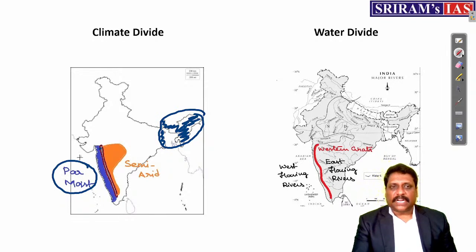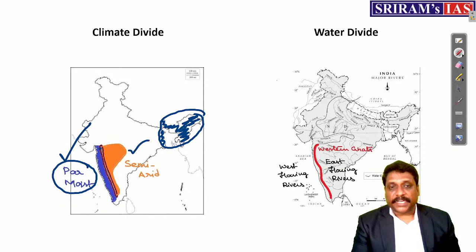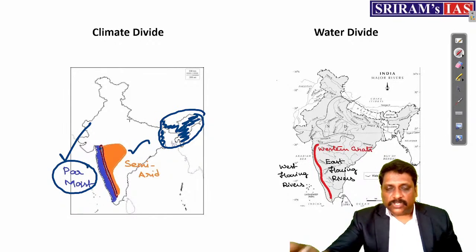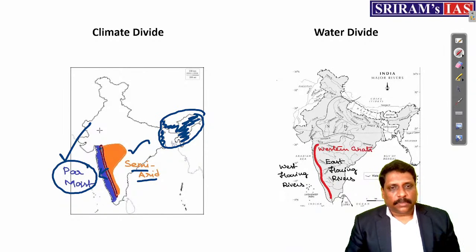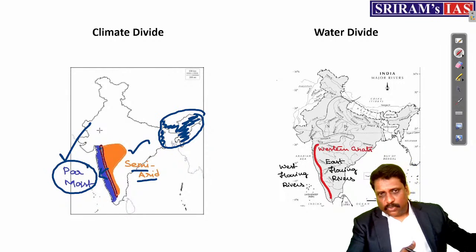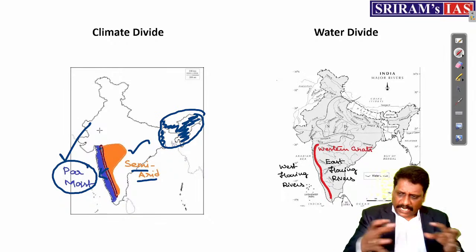So one side of Western Ghats is per-humid climatic condition. Another side, the rain shadow interiors of Sahyadris. You call them as what? Semi-arid regions. One side it is Malnad. The wetter zone you call them as what? Malnad. The drier zones you call them as what? Rain shadow interiors of Western Ghats. Or Western Ghats is also called as what?